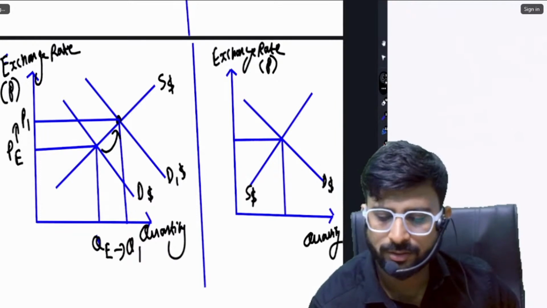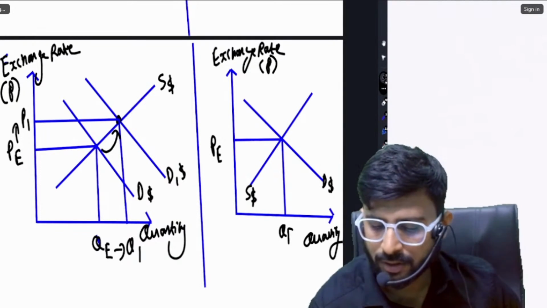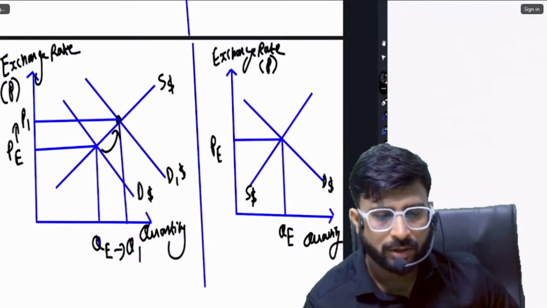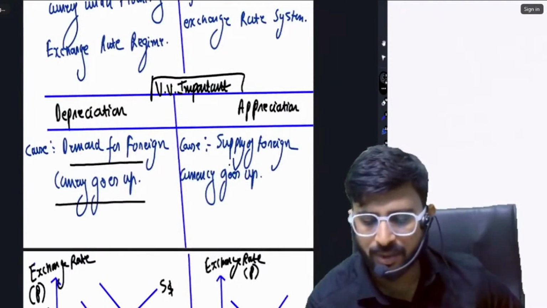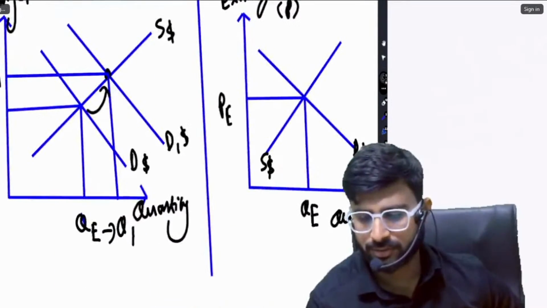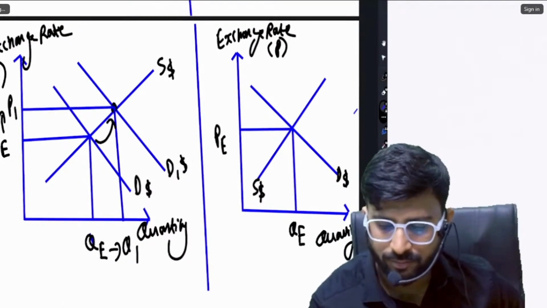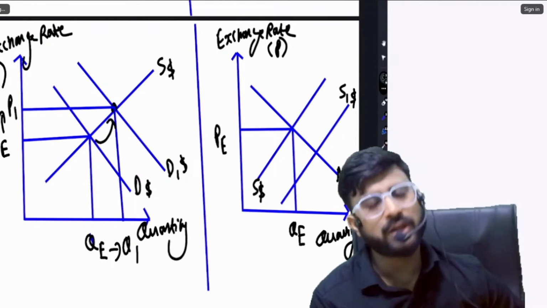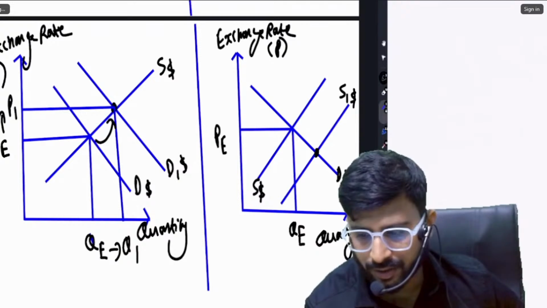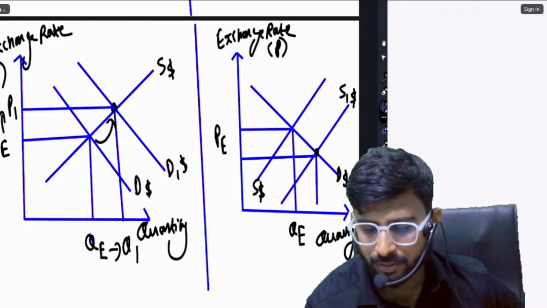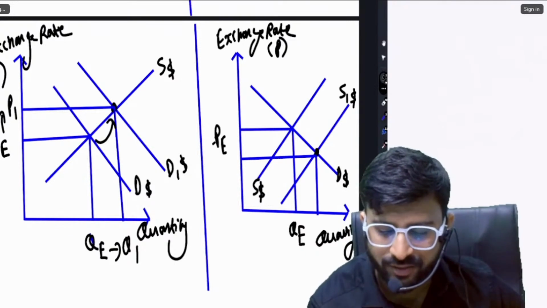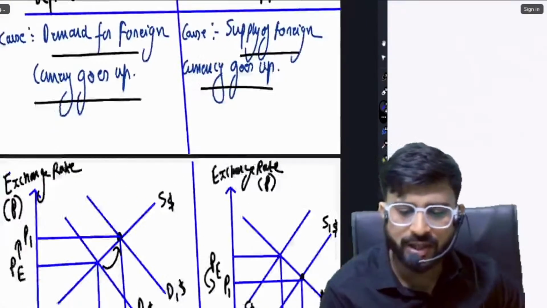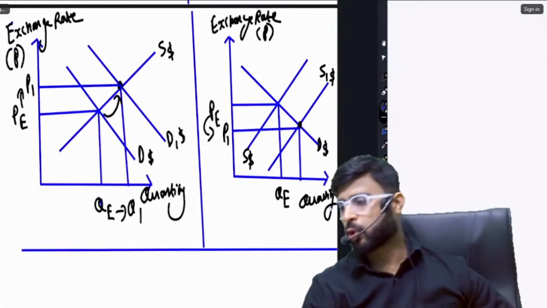This is the price. This is the quantity. Perfect. Now, dear students, what happens is supply of foreign currency goes up. Gone up. So this is S1 dollars. Where is it intersecting? Here it is intersecting. So see what has happened to prices. As I had already told you, these are the respective diagrams. I need all of you to draw this before I move to MCQs now.